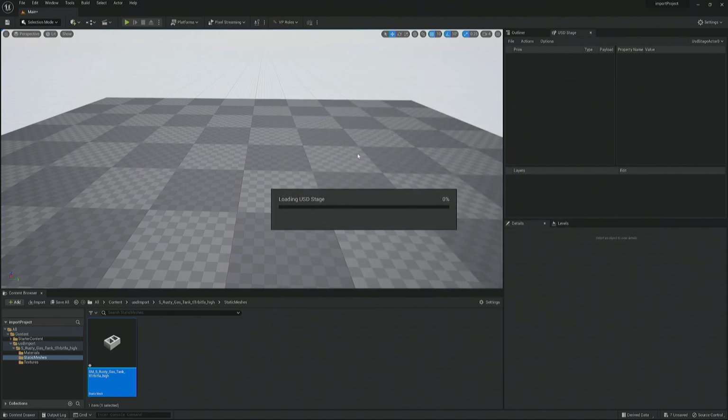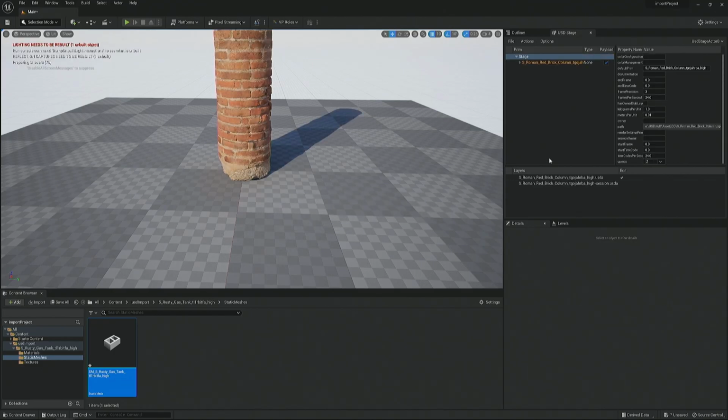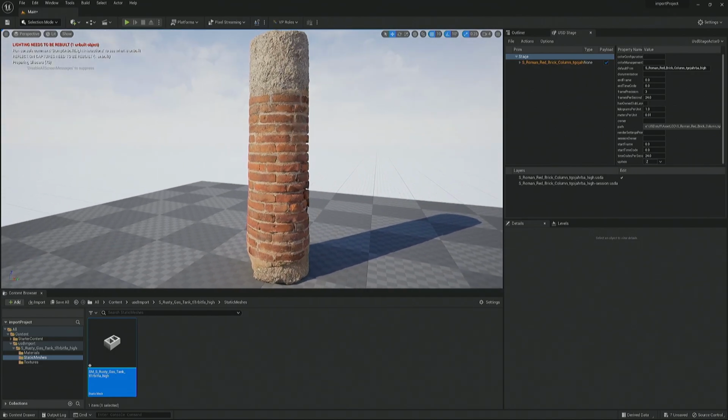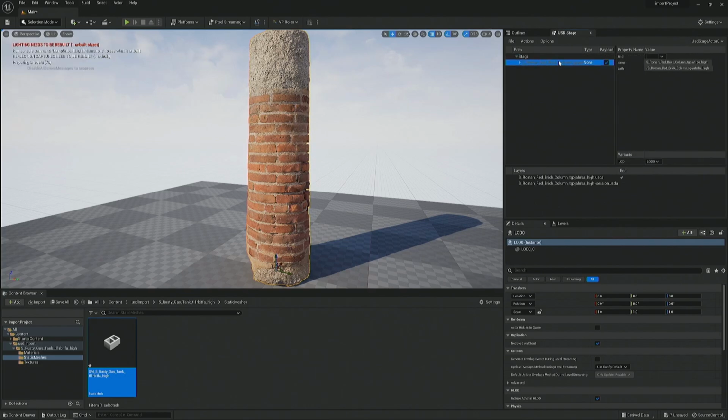And so this is bringing in the LOD asset. Again, if the USD is structured correctly, when we read it in, if there are LOD variants in it, it will bring it in and put it into the LOD chain within Unreal. And this one, because I cheated by exporting it, we put it in the right USD state. So bring it back in, it works.